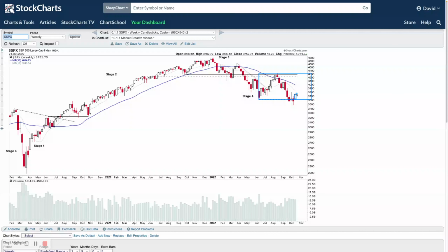We've got this spring shakeout move. So in order for this to turn back towards stage 1, we want to see some closes above this declining 10-week moving average, start to see that turn back up, ideally start to see that hold, start to see this base structure get back above the 30-week moving average. Then at that point, it'd be clearer that we were potentially in a stage 1 type environment. You could start to be moving back towards stage 2 again, potentially, if we could get some further push up and out,